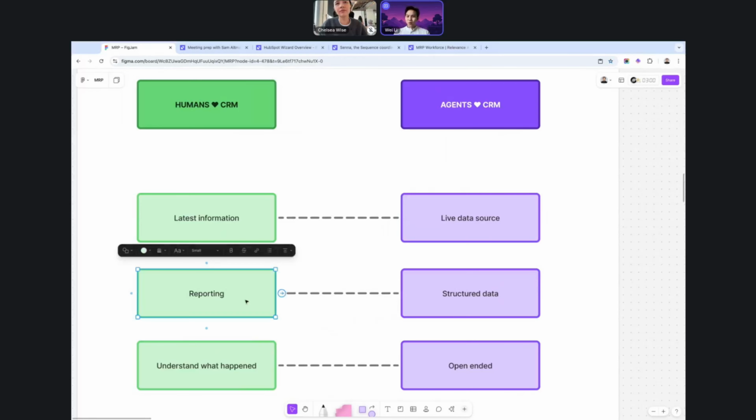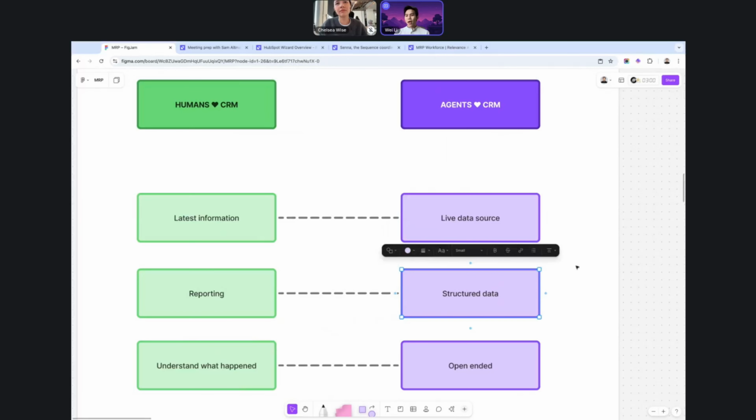Structured data, because it's also used for reporting, all the relationships we have inside of the CRM are really structured, and it allows someone to go to a contact and see who this person is and what we've sent to them. But it also allows them to jump into, say, the company and understand more about the background and all the other people who work in that company. And for us, we do a lot of the work in the CRM for our sales teams. So we have deals. And these kinds of records being linked together is perfect for how agents consume that information.